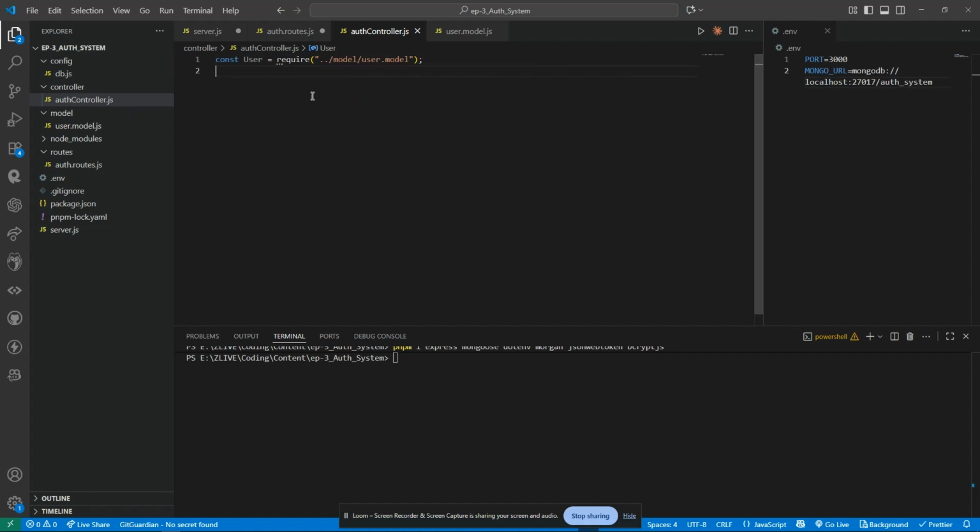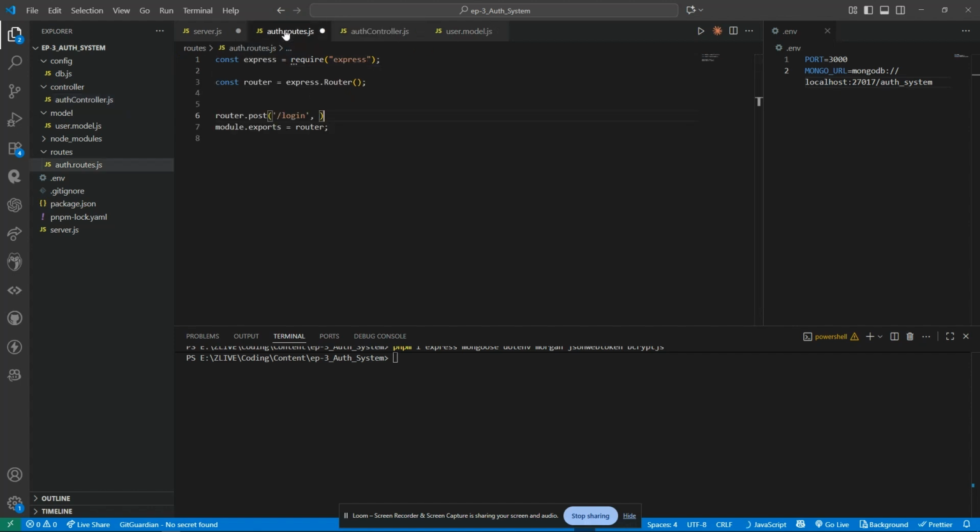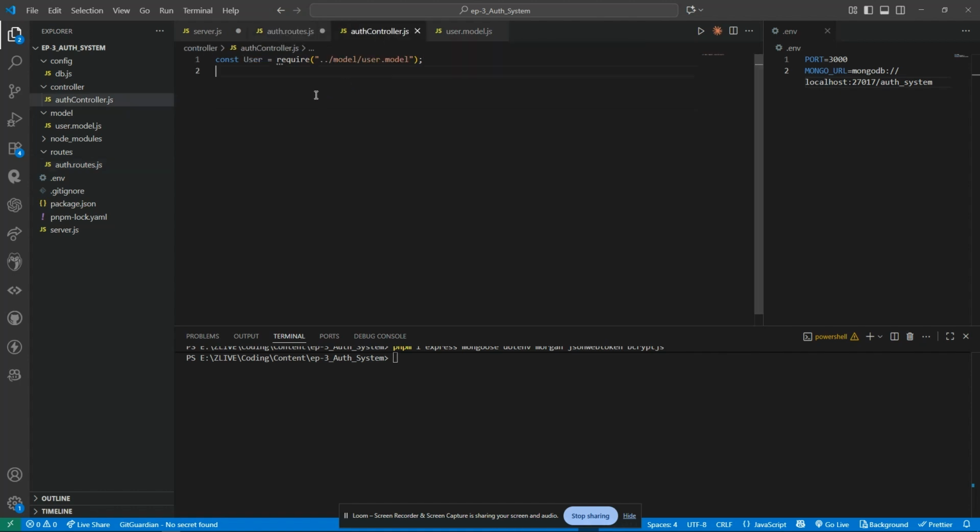We simply did that model, and then let's make a function, controller function exports.loginUser equals to